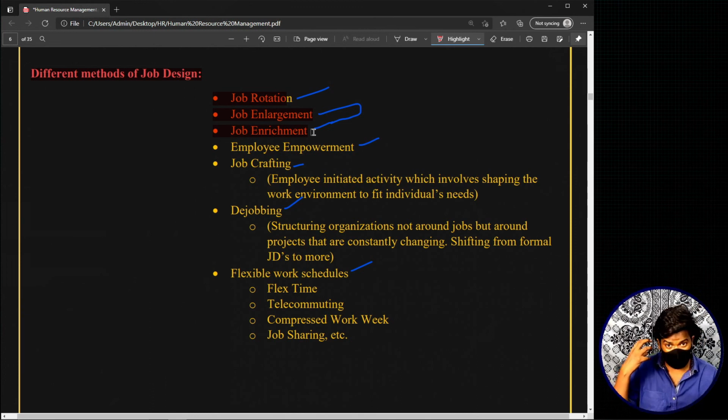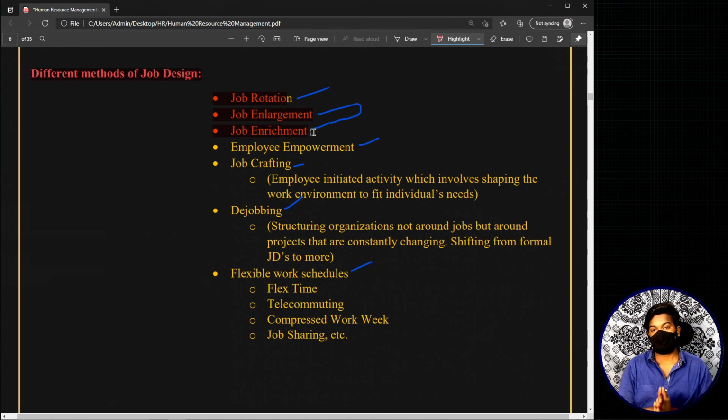That means it needs a job specification, it needs the job description which has all the roles and responsibilities that this particular new job, which is involved in both human resource management and operations management, should do, and all these things, right? So in job analysis you prepare all that, whereas when you come to job design, when it is time to convert that theoretical thing into reality or practicality, what they'll do is they'll just use this concept of job enrichment. Okay, so this is how these particular job design methods are basically used.